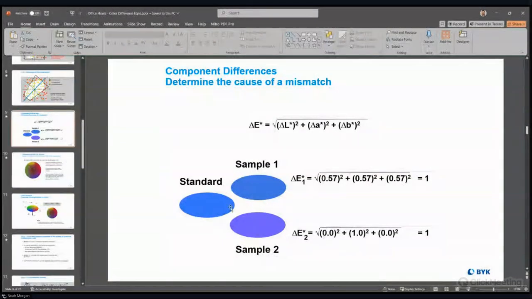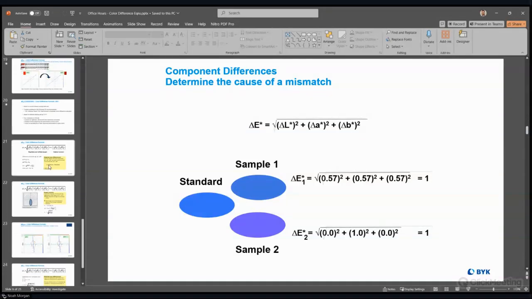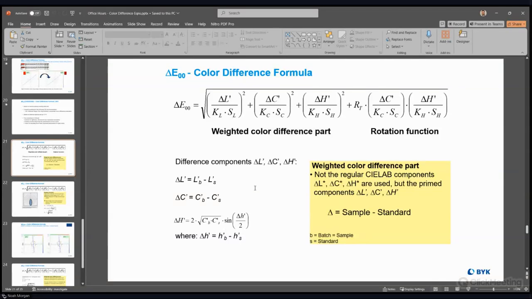So let's say now, because this is all of our differences in A, now it's 1.0 in the A, it'll now think this is a purple. So now it's going to say, hey, this is completely out of tolerance. Yep. And you can see it here, a lot of different equations for a lot of different things. But to sum it up, delta E2000 is now the most accurate one,